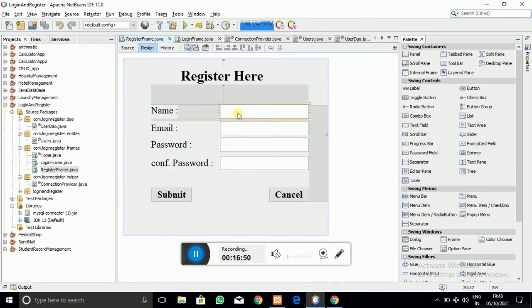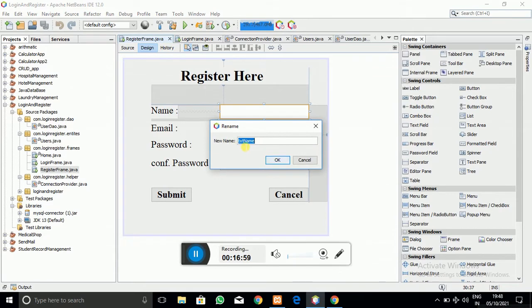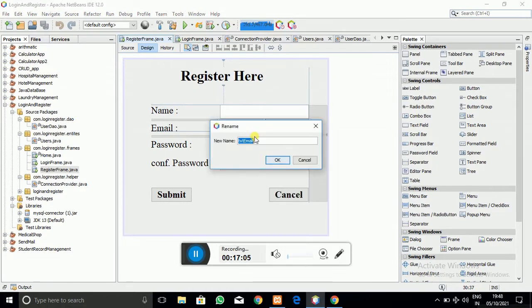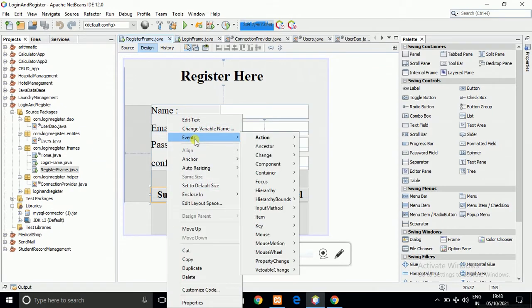Now the only thing remaining is the front end work, that is I have to call that method from the front end. So let's change the variable name here, so that we can understand it quickly. I am just changing the variable names of the text boxes, and in a similar way you can see that I have created.